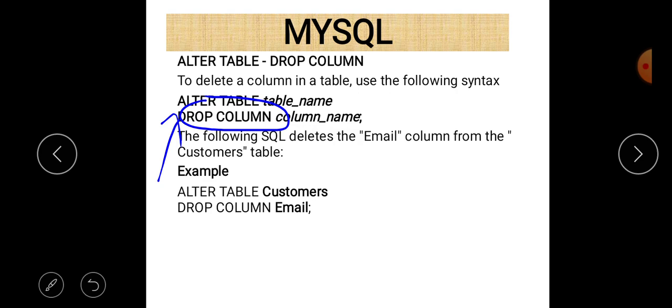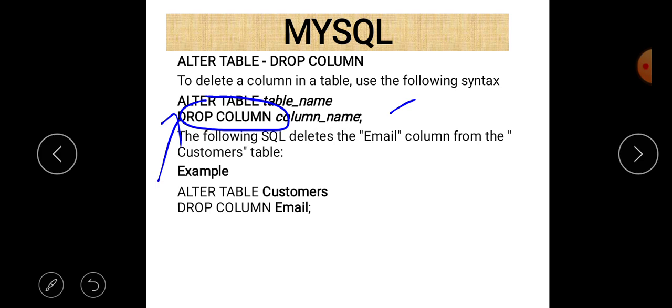So we write ALTER TABLE, table name, DROP COLUMN, and the column name.